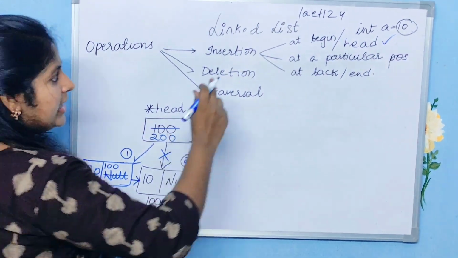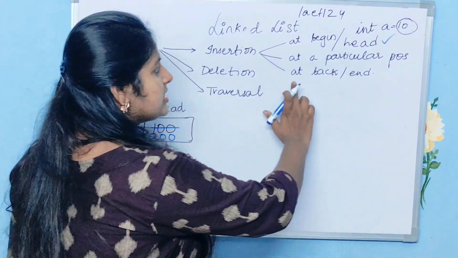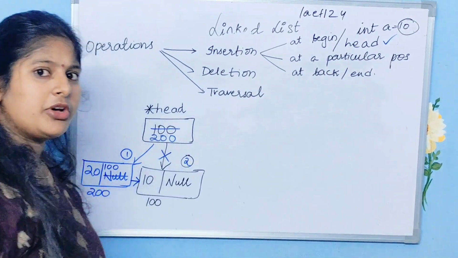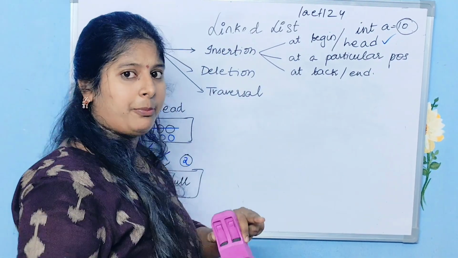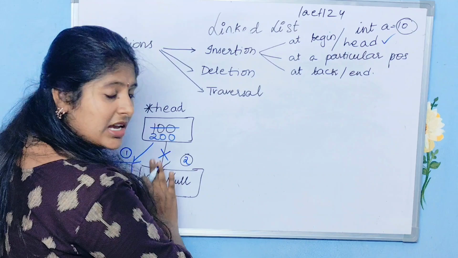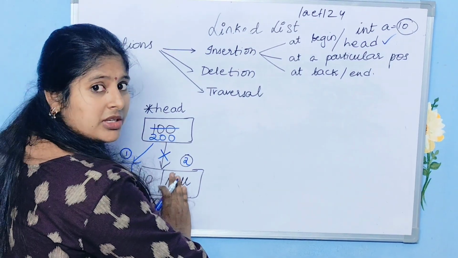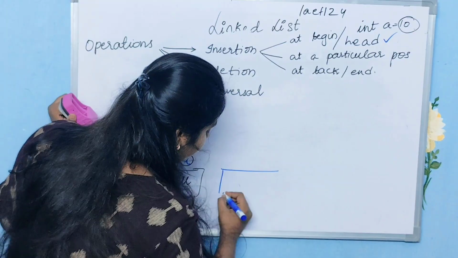The second one is insertion at a particular position or insertion at back, or end. Say for example, I wanted to insert an element at the back position. Back means the first position is this one, second one is this one. What is the last one? This part, right? You have to insert the element after this. Okay. So my element is some